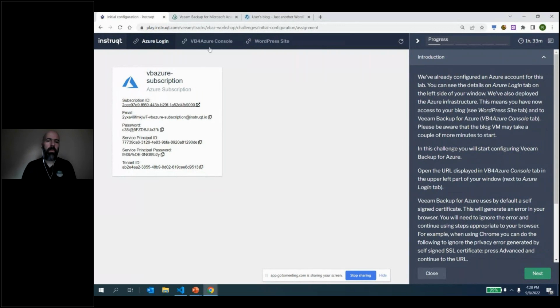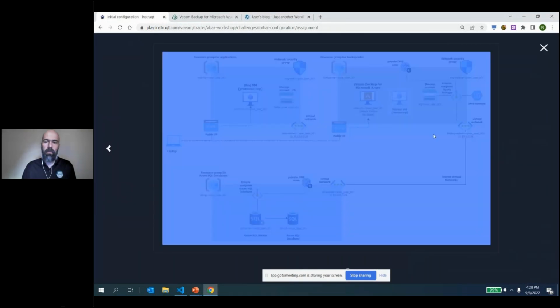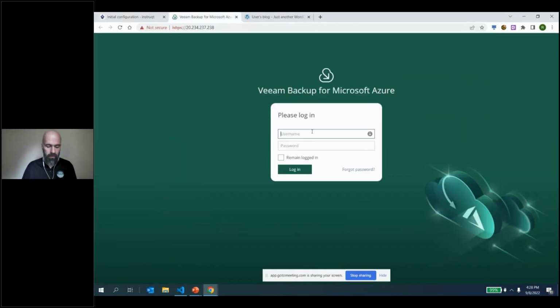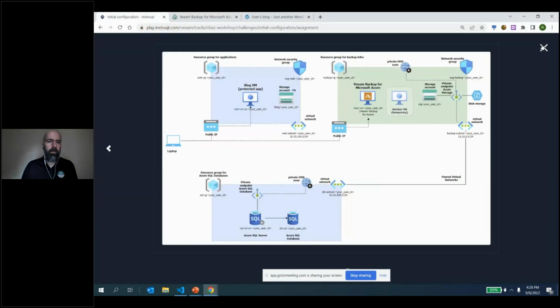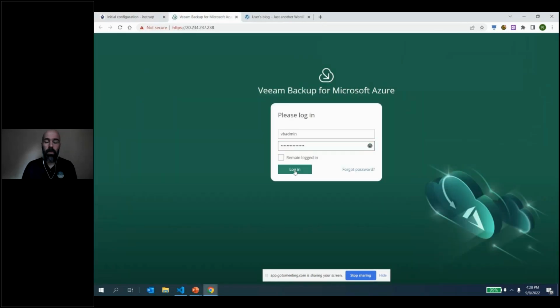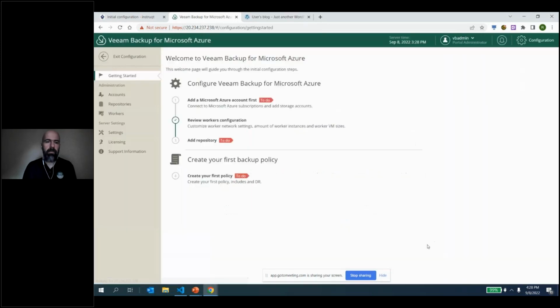So as I said, the setup that I showed you earlier has been deployed. The first thing we're going to do is connect to the backup appliance, which has been configured with a password and username. As you can see, nothing is configured at this moment. It's a fresh deployment, so we need to accept the licenses. The first thing that we do after we accept